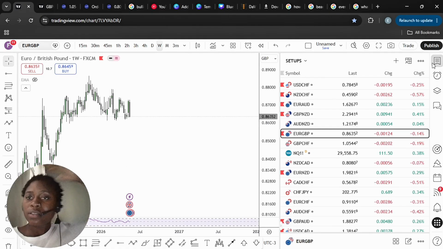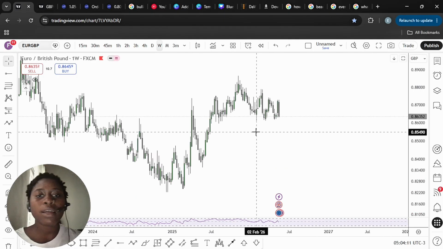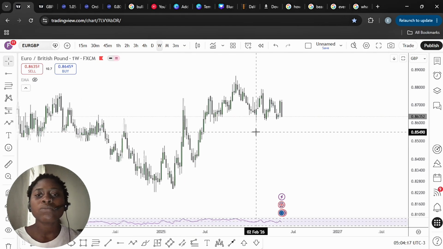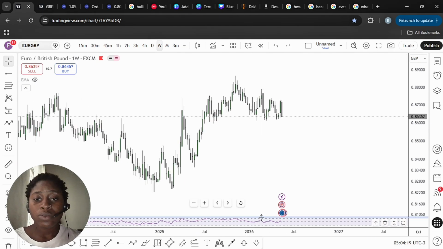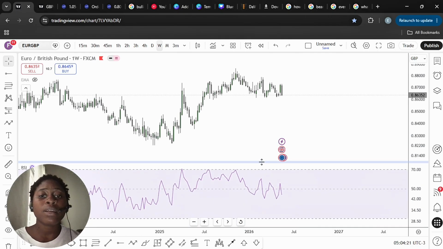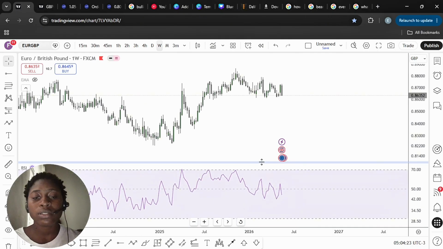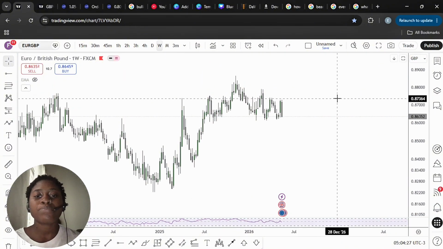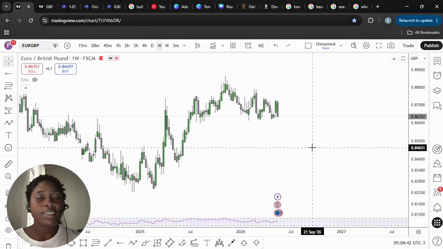Let's get right into it. The first pair that we're going to be looking at today is the Euro Great Britain's pound, right? Now, this is one of my favorite strategies that I like to use in the market to trade high probability setups. When I see this type of setup, I know for a fact that price is going to go how